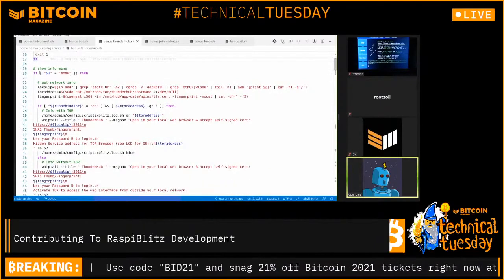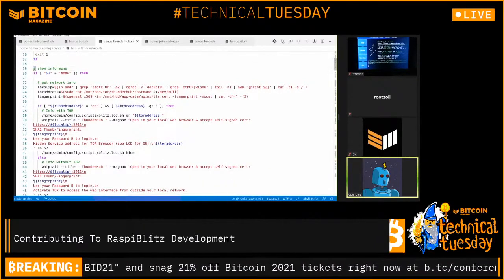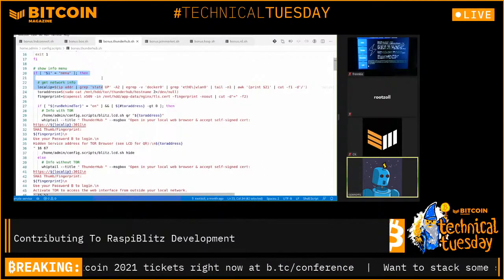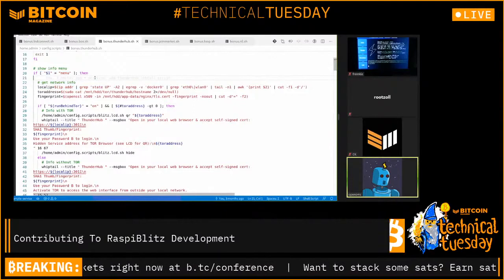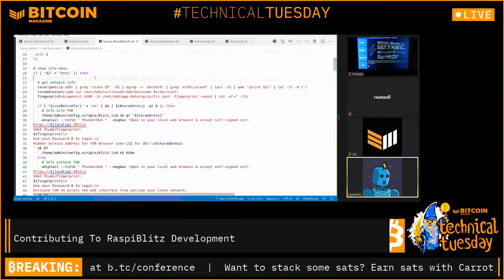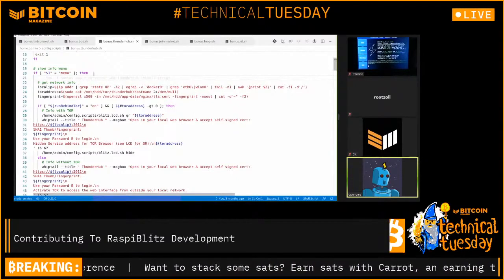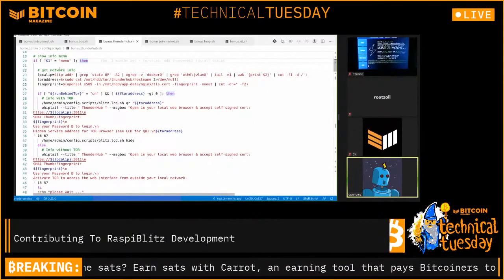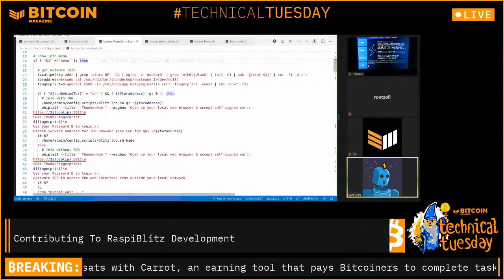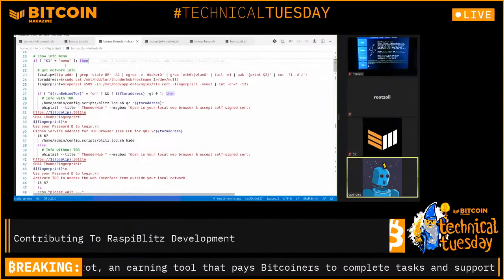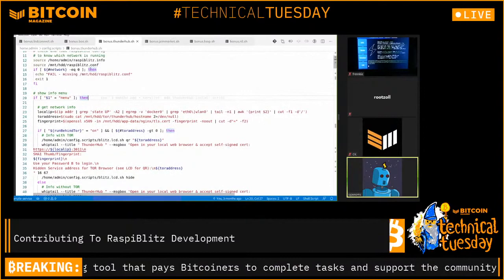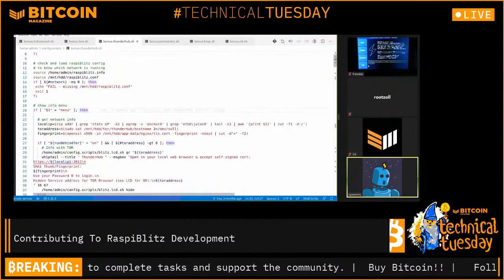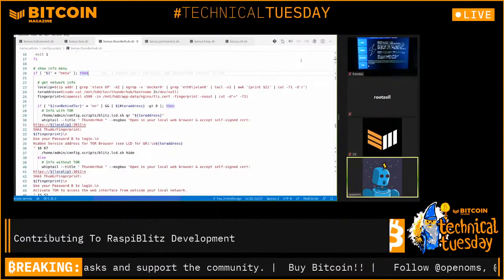And then we get to the first thing. I mean, we could do these if statements with functions, but it seemed to be done this way, and that is functionally the same. So here is the menu function, or if statement. If you call the config script with the menu option on the end, then this will show. And this is what appears in the